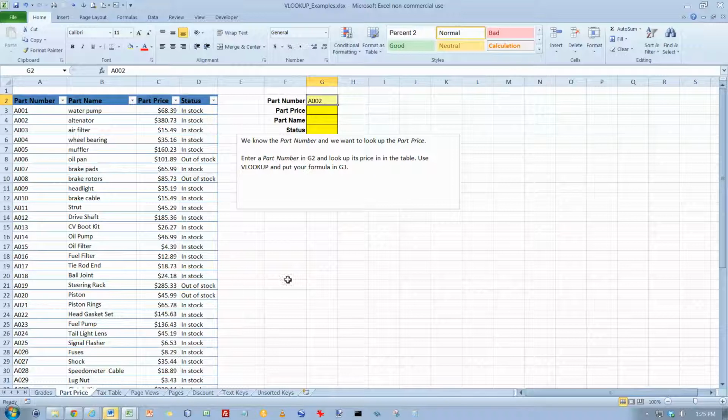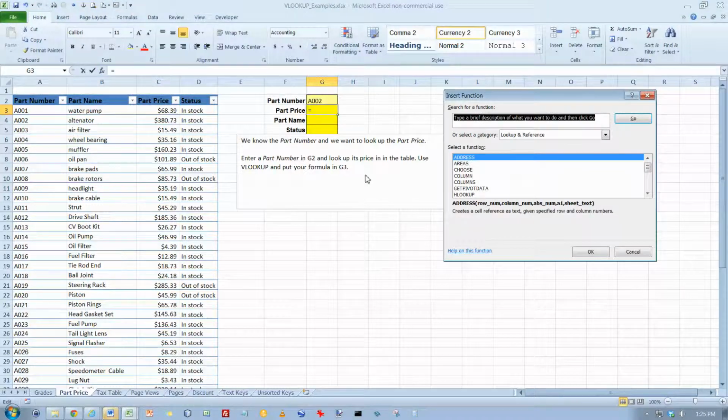Here's another example. Let's say you know the part number, which is in column A, and notice these are in ascending order, which is what you need. And I want to look up the part price and the name and the status. So I want to look up something in column 2 of the table, column 3 of the table, and column 4 of the table. So I want to do a VLOOKUP,